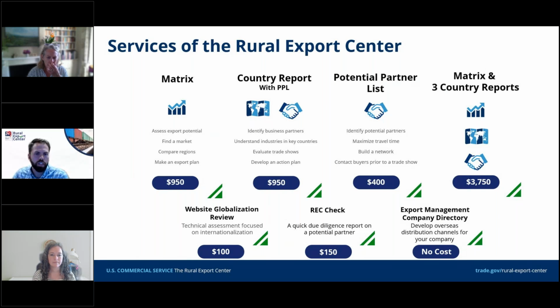So this farm equipment dealer sat down with us and we started just talking through what makes a good market for you. Why does that make a good market for you? What do you do that's different from all the other dealers who could potentially be selling overseas? How can you stand out and differentiate yourself? And from those questions and discussion, we came up with a matrix. The matrix listed dozens of countries, but some of the countries that started to catch their eye were some countries in South America